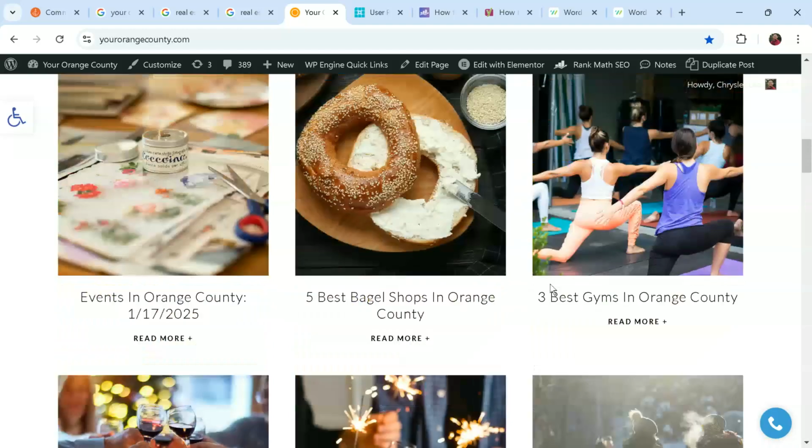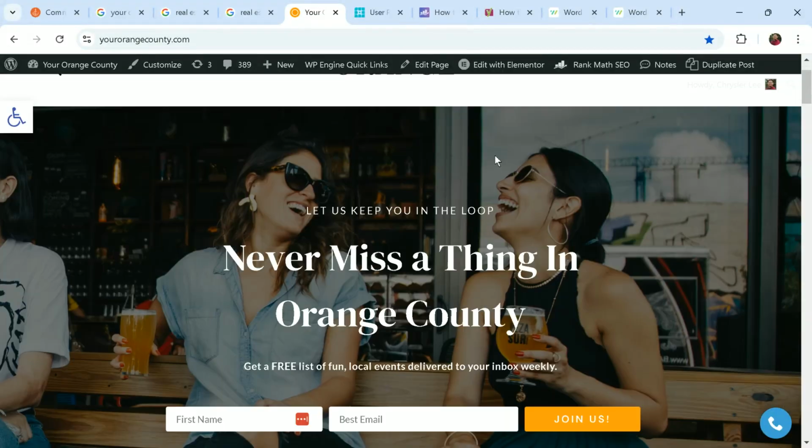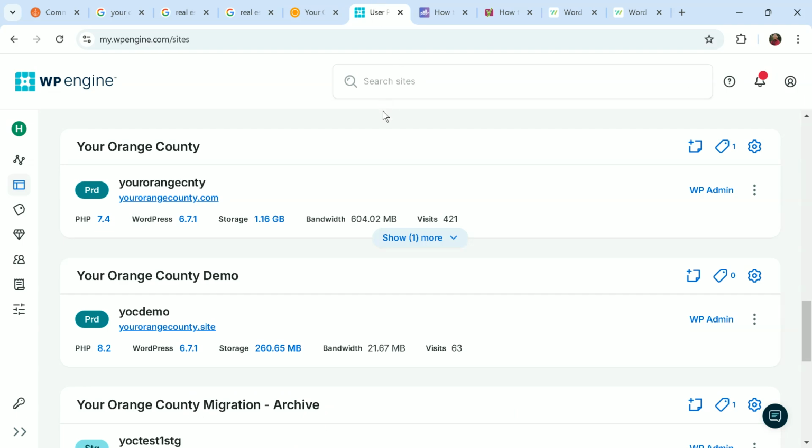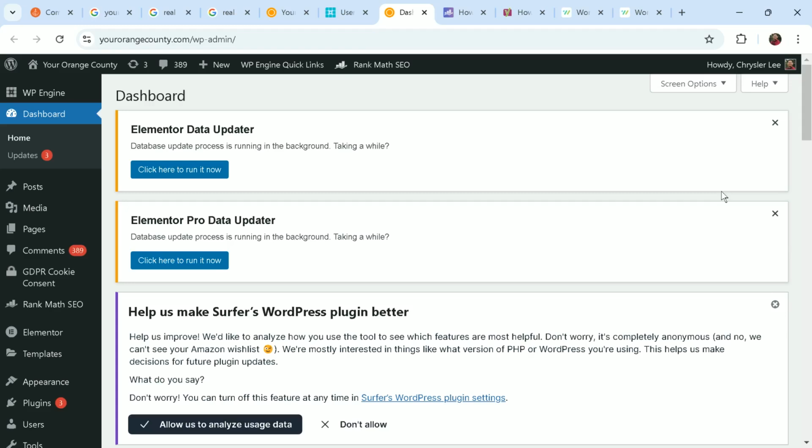Let's start. For the Elementor method, the first step is to log in to our WordPress admin backend. We do this in two ways. First, if you're using WP Engine, log in here, go to Sites in your left pane, so this logo right here, find your environment or your website, and then click the WP Admin here just across your environment name.